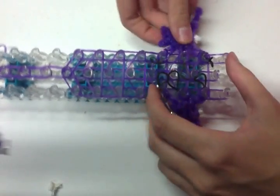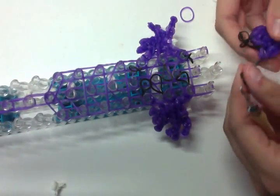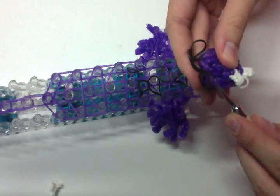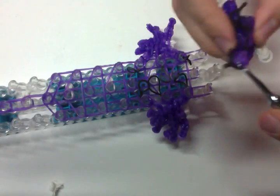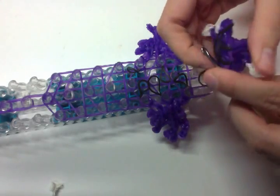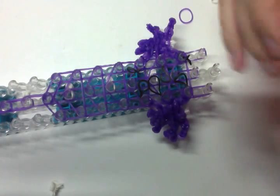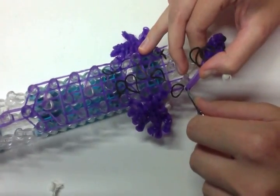Alright, now we can attach our head. Trust me, there's a reason why I did it that way. Okay, so I'm going through all the bands that the black band is going through. So I'm following the black band and going through all the purple bands that the black band is tying off, okay? It includes the 2 horizontal bands, so in total you should be able to count 6 on your hook, 6 separate bands. Once I've done that, I'm going to wrap those around this peg